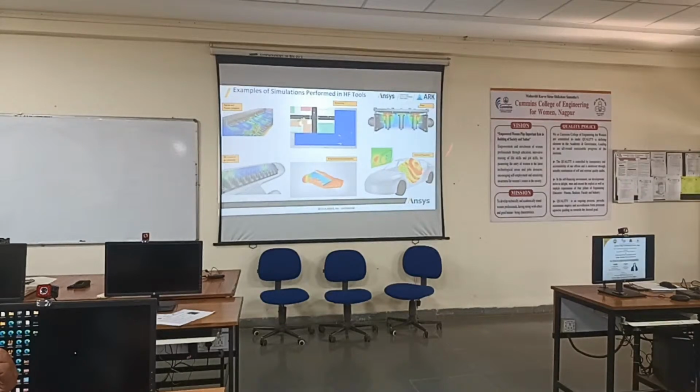That kind of simulation we can also see in ANSYS high frequency tools. This is the 3D filter example. Here you can see RF coexistence in an aeroplane. Here more than two receivers would be there and one transmitter would be there. In that case, how the scenario will be, that kind of simulation you can see. This is the smartphone